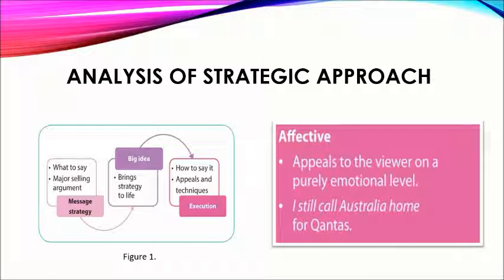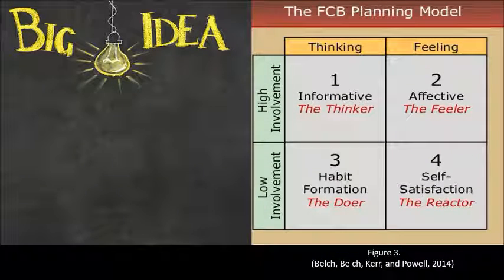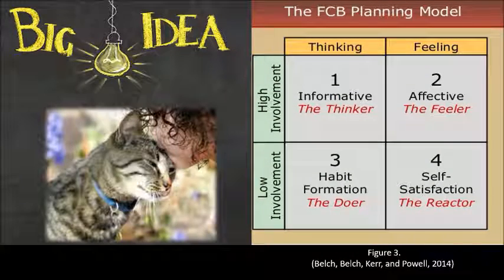Zhang used an effective message strategy, creating heartwarming films using transformational, emotional appeals to focus on the physical needs of its target audience. The big idea is to build on spending more time with your cat since they are part of the family. Emotional appeals tap into the customer insight from the previous target audience analysis, since they are busy with work and family, but they find out the importance of time with the cat.